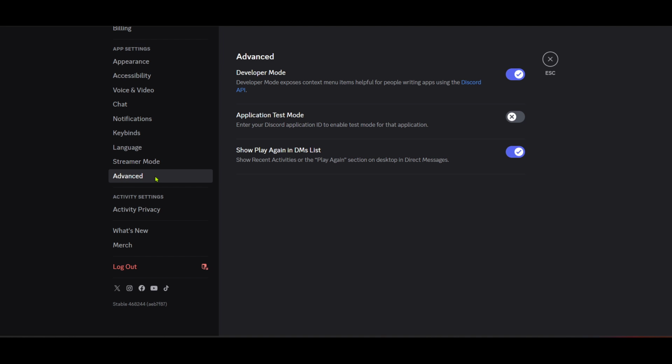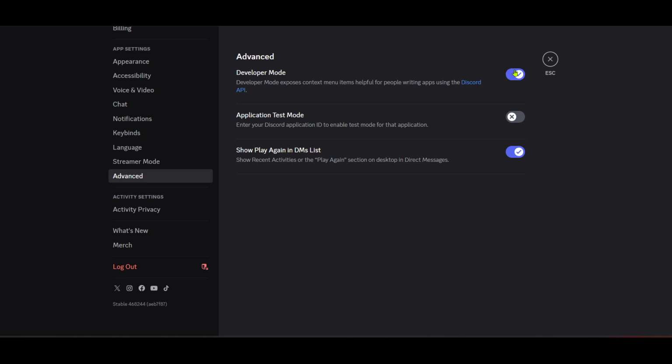Now, once you're within the advanced settings, look for the option labeled Developer Mode. Sometimes, features can be quirky because the mode isn't enabled. Developer Mode might sound intimidating, but it's quite user-friendly. If it's not already enabled, go ahead and turn it on. By doing this, you'll unlock additional functionalities that might just do the trick. So, by enabling Developer Mode, you're ensuring that Discord's interface is primed for all the custom features, including the soundboard, to function as they should.